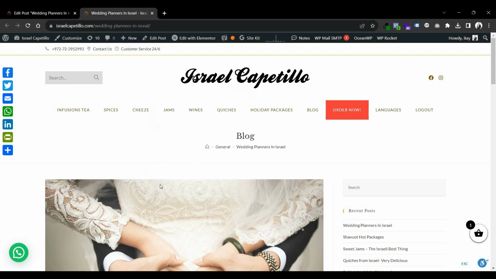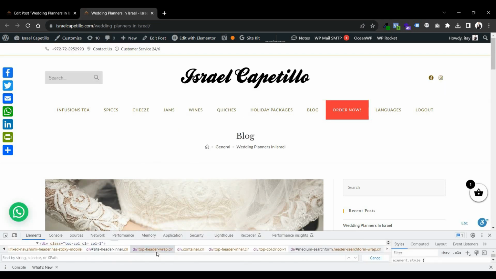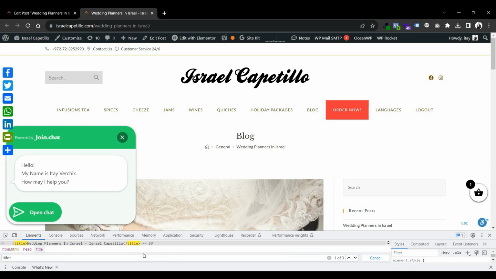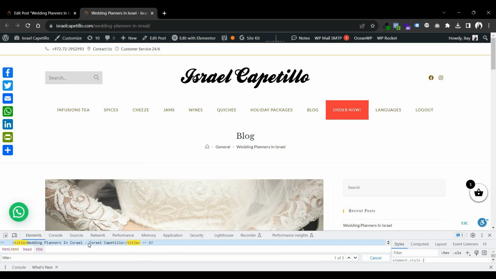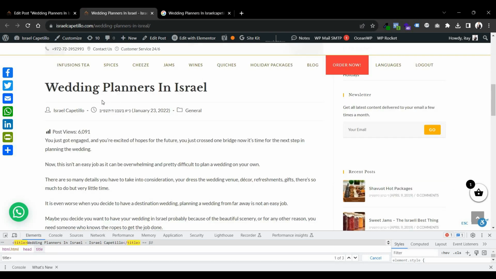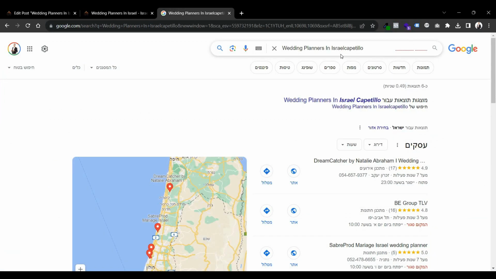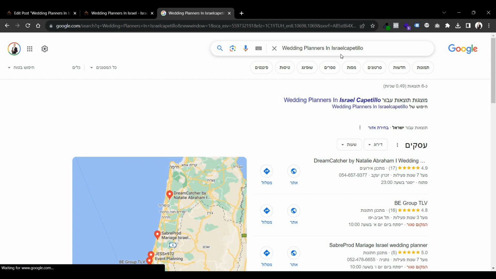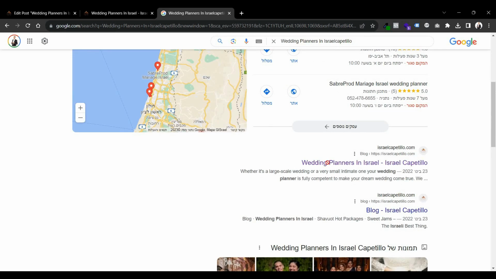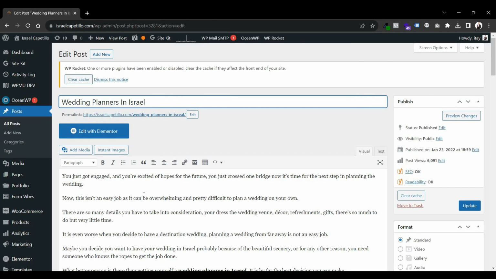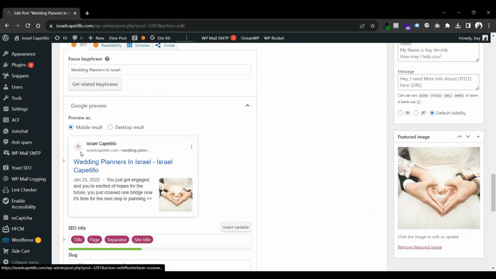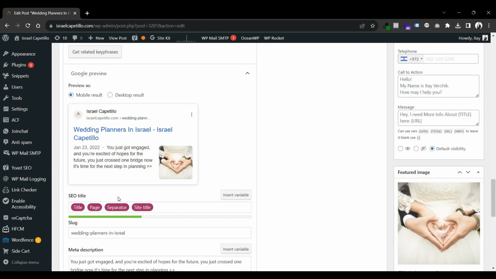Now, if I search in inspect element for the term title, as you can see, this is the HTML tag title. If I search on Google for this exact title with the name of the website, so I can see the page that was indexed in Google, I can see that this title is being used by Google search. So what details Google takes is written here or on Yoast SEO right down here, where I can determine